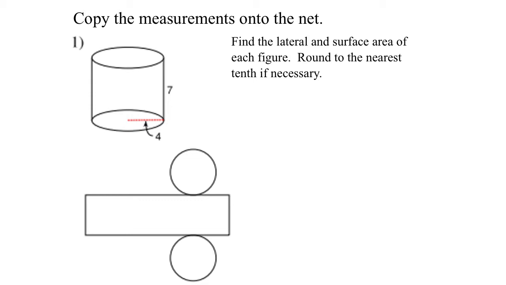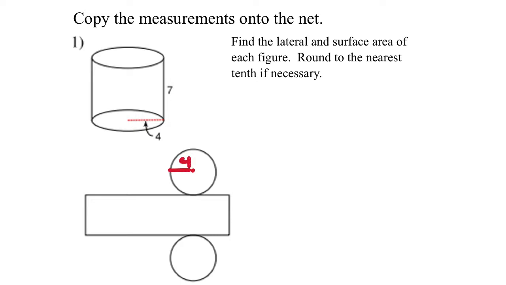So on this one, it says copy these measurements, because we're going to need that. And this goes back to knowing how to find the area of a circle and also a rectangle, of course. You can see if you were to fold these two circles up and down and then just wrap it with this rectangle, then you would have a cylinder. So if you're ever wondering how to make a cylinder, that's what you would do. Well, it says to copy the